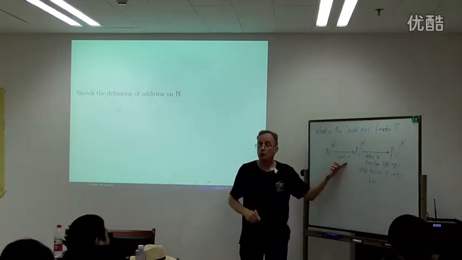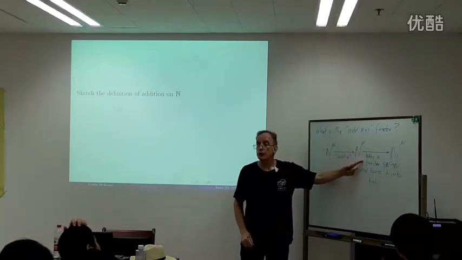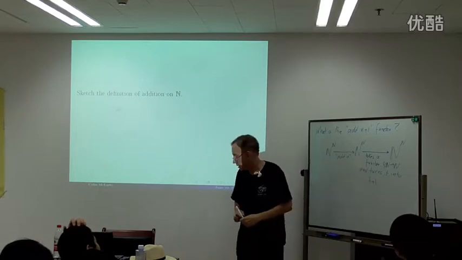So by induction, I'm allowed to assume I have this. Now I'll get this. The trick is I need to know this. This is my transition function. Over here,